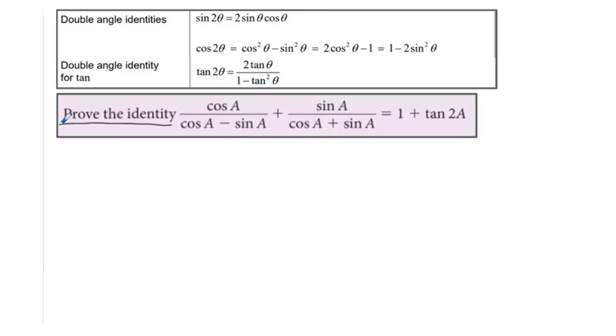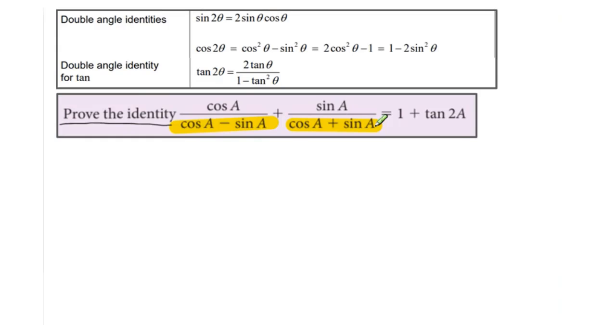So firstly, if you just look at the left-hand side, you've got a sum of two fractions. On the right-hand side, you can't see any fractions for starters, but I would suggest the first step is to combine these fractions, and you've got some good clues in there. If you consider the denominators, you've got cos A minus sine A and cos A plus sine A. So if I multiply those together, we've got a difference of two squares going on there, so it's already going